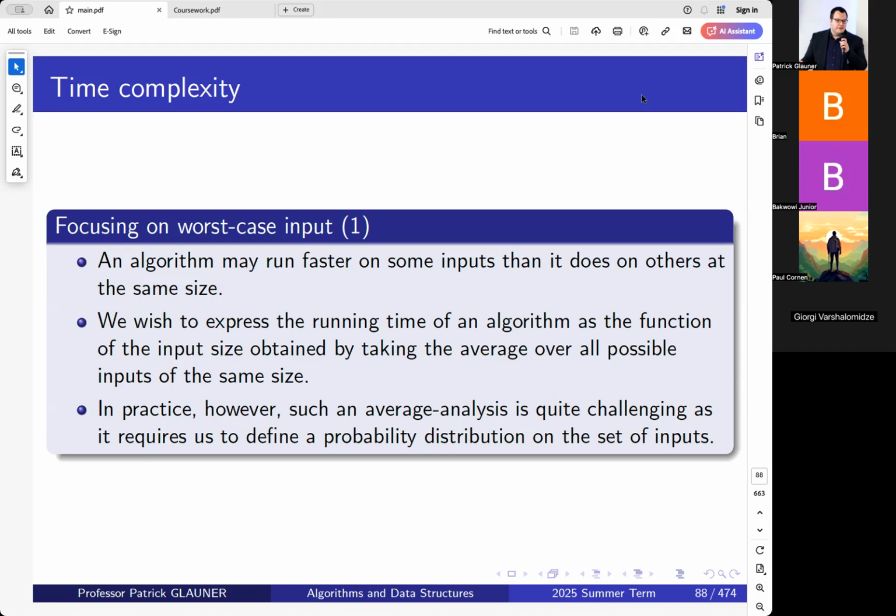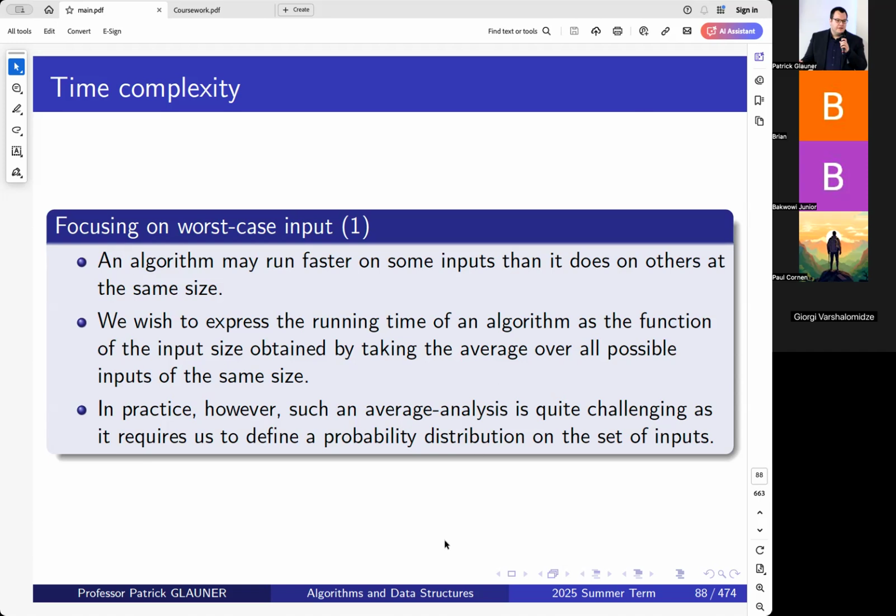And the algorithm may run faster on some inputs and worse on others that are the same size, because maybe a totally unsorted data set takes longer to sort than a sorted one. Maybe, but we will see there are exceptions to this rule when we look at sorting algorithms in a few weeks. So we will look always now into the worst case input and see how does the number of primitive operations develop when I increase n, the input size, and I put in the worst